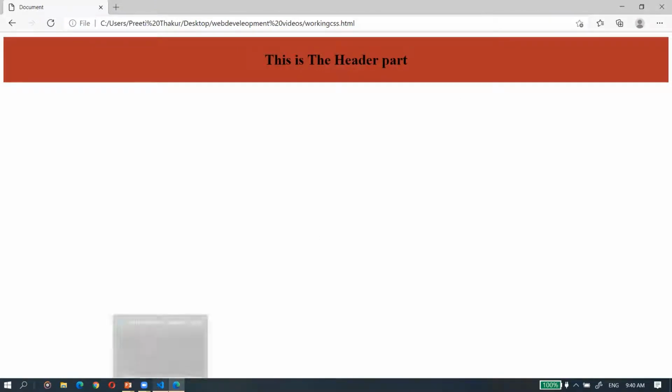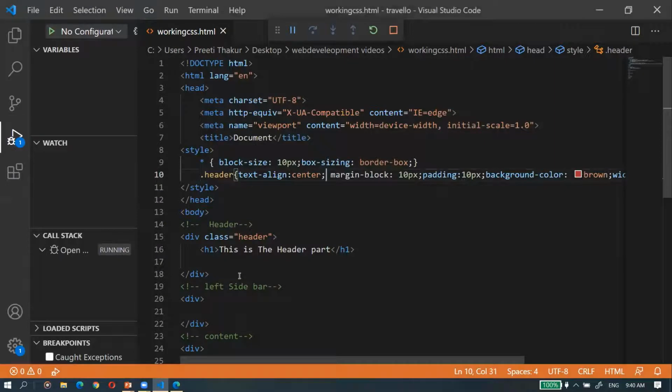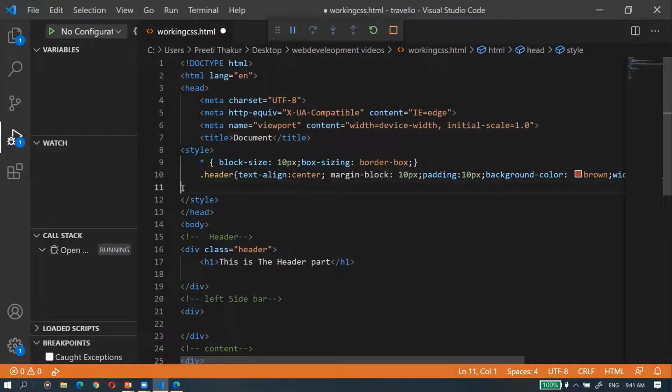Now I will do a left sidebar, navigation bar. So for that I'm creating another class, which is left bar. The way I can give the style to it: for left bar, I'm giving the background color first of all.